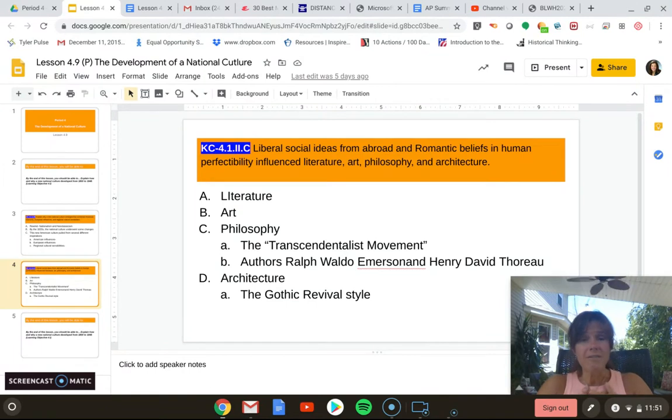The poems of Emily Dickinson are written during this time period. And James Fenimore Cooper writes the Leatherstocking Tales, in which the hero, the protagonist, is Natty Bumppo. James Fenimore Cooper also writes The Last of the Mohicans, which is about the natives interacting with the white settlers during this time period. In terms of art, we see the celebration of the common man.